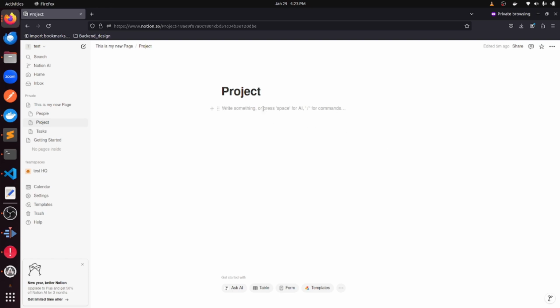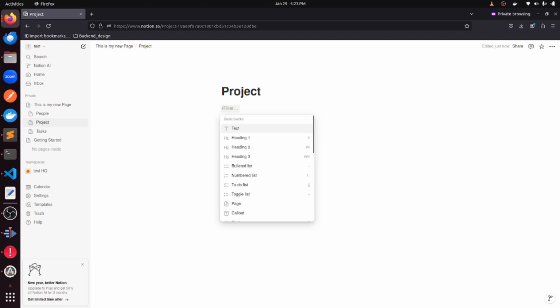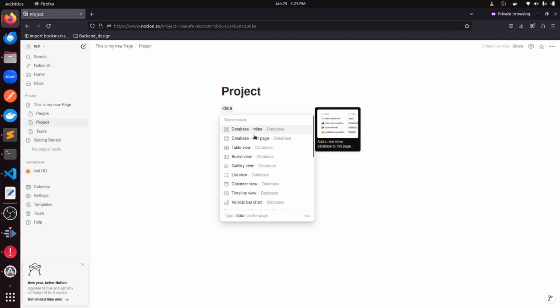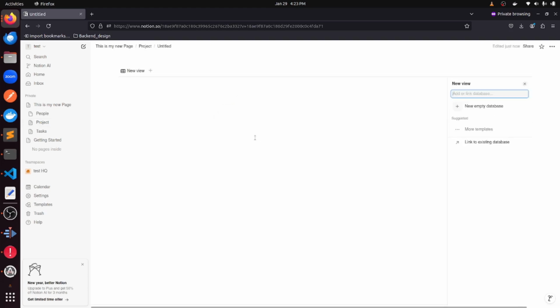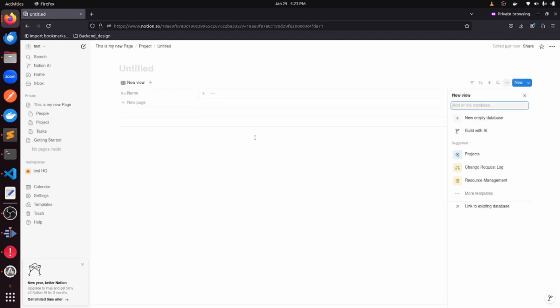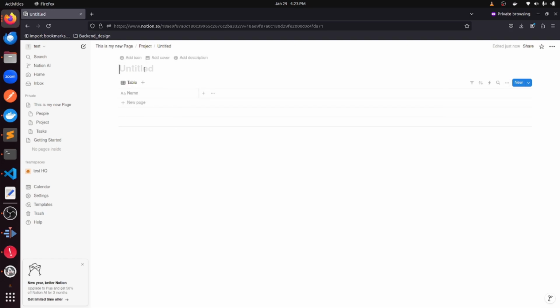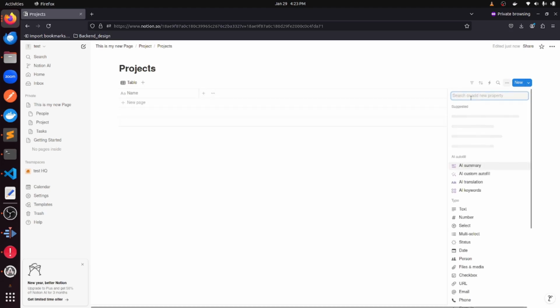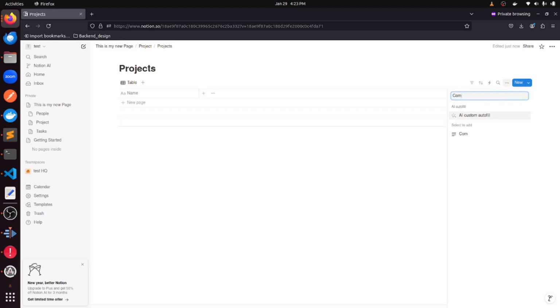So I'm going to create a database. You can just put a slash and choose a database from here, and then I'm going to add columns. So this is my projects database, and I'm going to have two columns. One is the name of the project, and another is the company to which this project belongs,